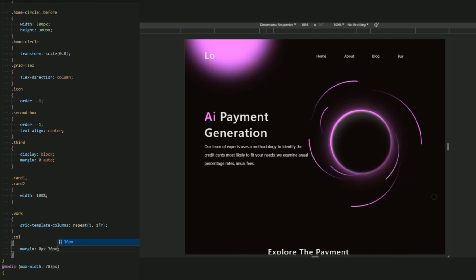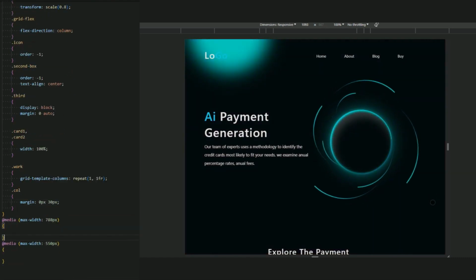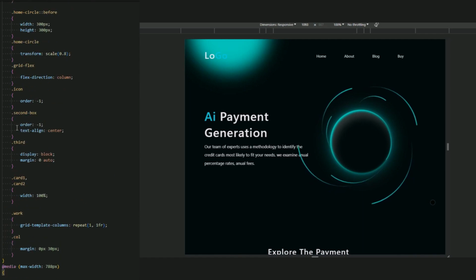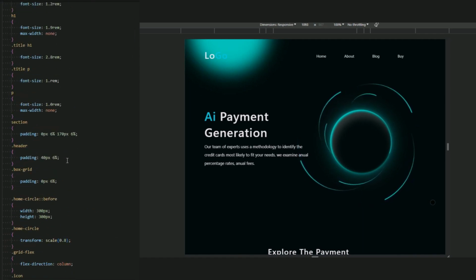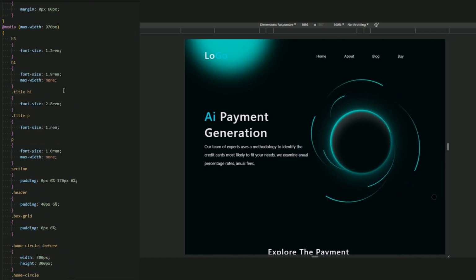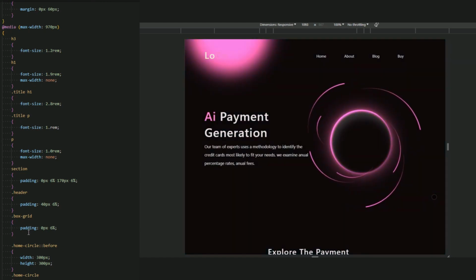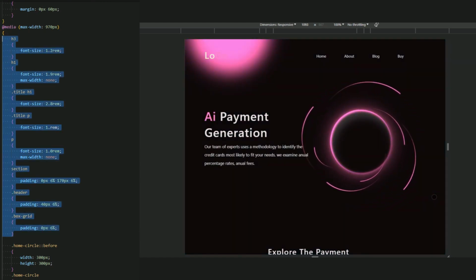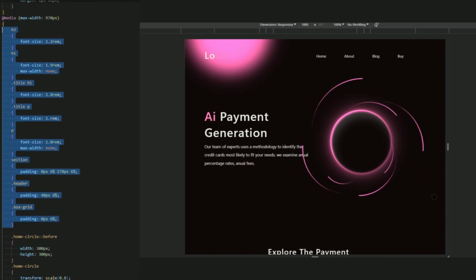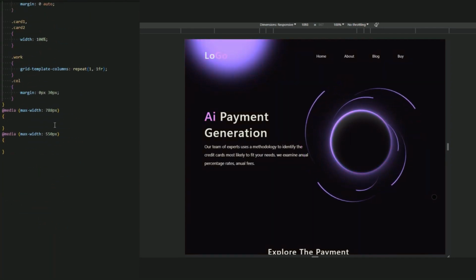Okay, for this media. Now let me just copy this for the next media, and after we finish all the media, we see if we have any problem in our media, to solve the problem guys. But let me just finish this coding.